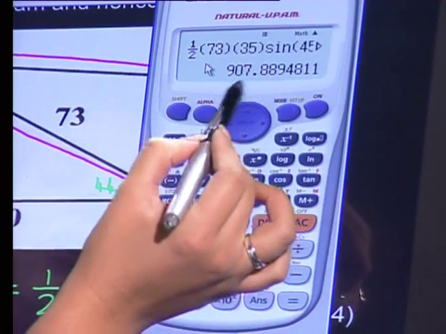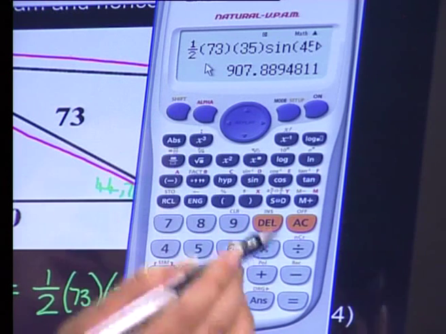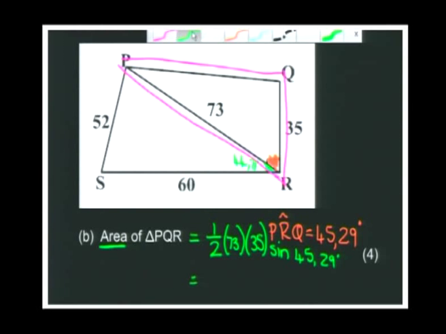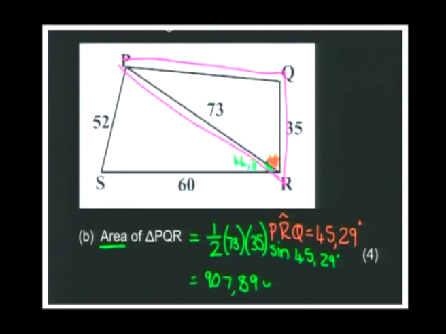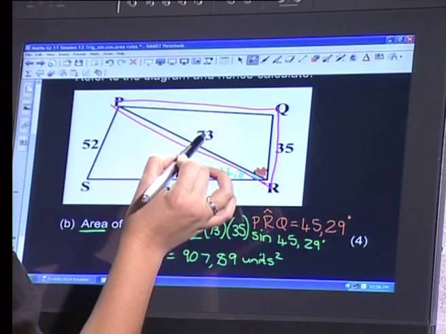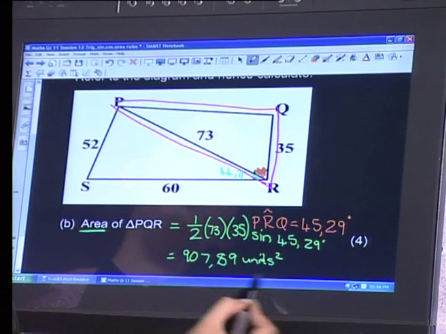We were told at the beginning of the question to round off to 2 decimal places. So our final answer is going to be 907,89. And we just finish this off, of course, by writing that in. And it really is that simple. Again, I'm going to write my units, but now remember we've been asked to find our area, so this means it must be units squared. If we had been given what units this was, for example, let's say this was 73 centimeters and that was 35 centimeters, then your answer here would have been